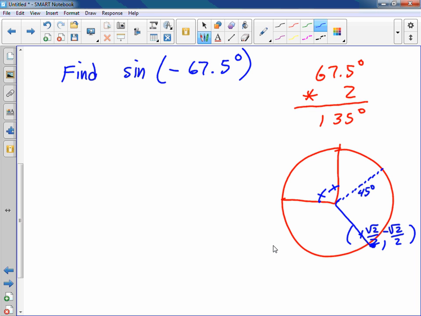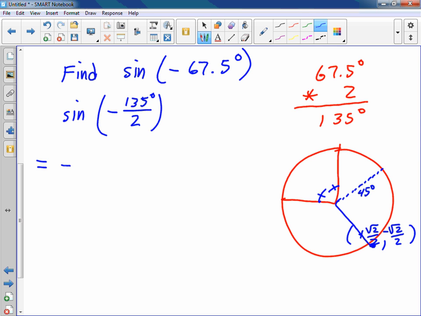Now, find the sine of the opposite of 67.5 degrees. So we have the sine of the opposite, in this case, of 135 degrees over 2. And that then is going to equal, let's look in our double angle, half angle formulas at this time. You may want to pause, look around, try to find something that is usable. And sure enough, you find